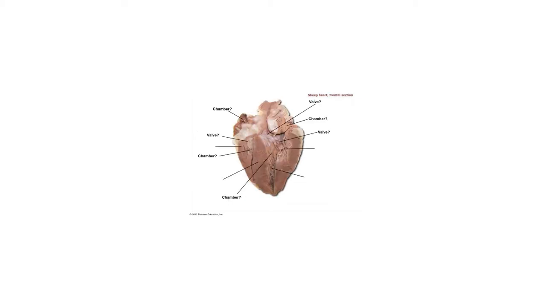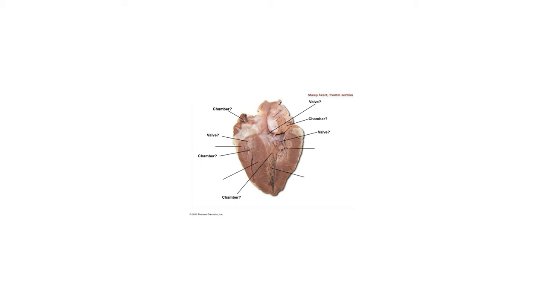All right, now we're going to look inside of the heart. One of the first things we want to look for when we look inside of the heart is the left ventricle. The left ventricle is easy to spot because it is the chamber that has the thickest wall that surrounds it. The thicker the wall, the stronger the contraction. So whenever the left ventricle contracts, it pushes blood up into the aorta,